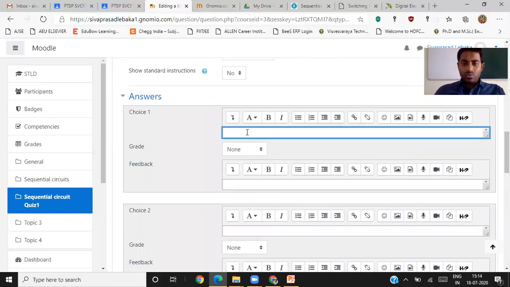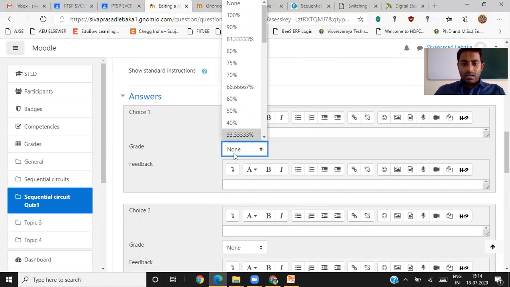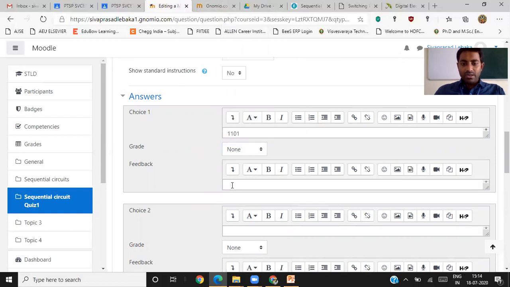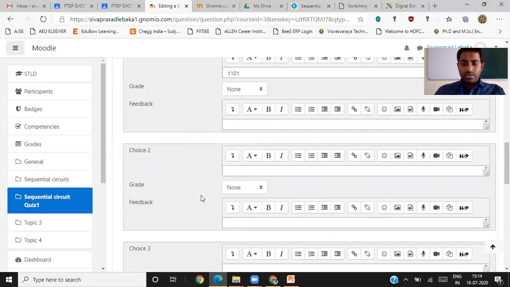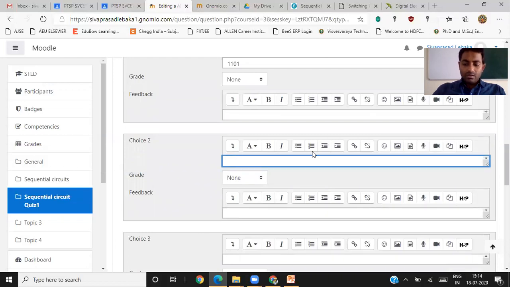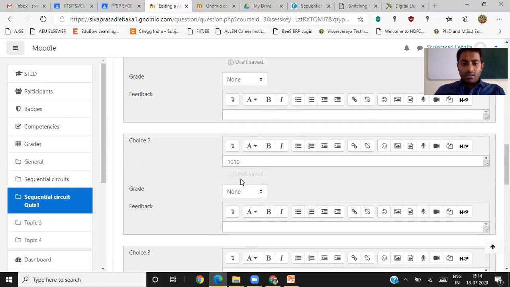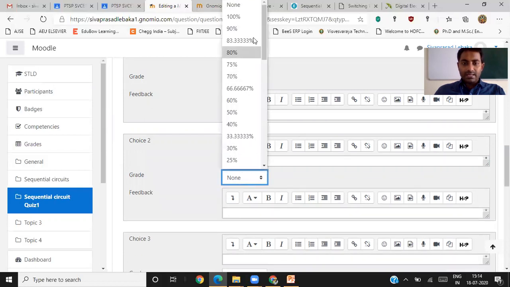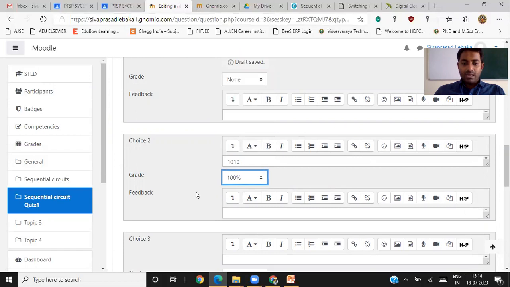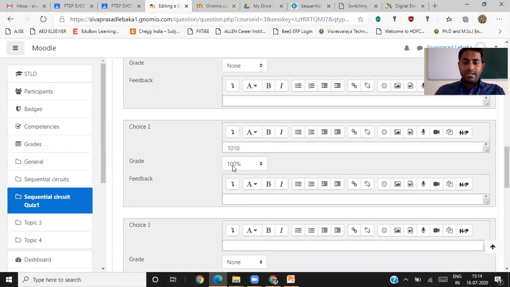Now give choice 1. Okay, 1101. So this is a wrong answer. So none I can give. If you want, you can type here wrong answer. Choice 2. Okay, 1010. So if this is the correct answer, suppose, this is the 100% marks they will get if they attempt, okay, if they choose the choice 2.